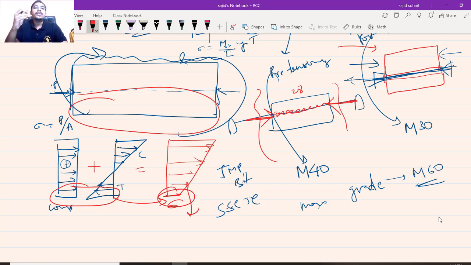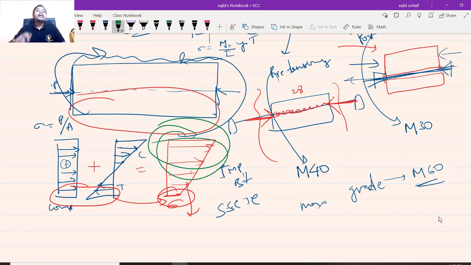So this was when I give it at the neutral axis. But here there is one problem. What is my problem? My compressive stresses are increasing at the top. Because I am giving compression all over the body, my compressive stresses at the top increase, and my structure could fail if it exceeds the limit, right? So let us not take the risk. Let us decrease my compressive stresses at the top also.